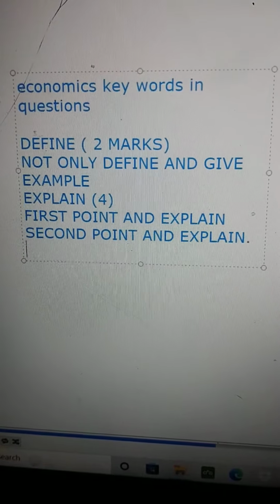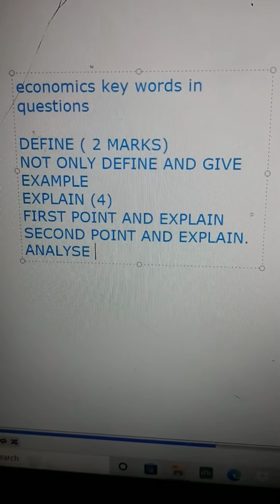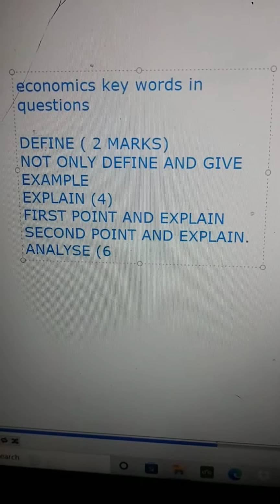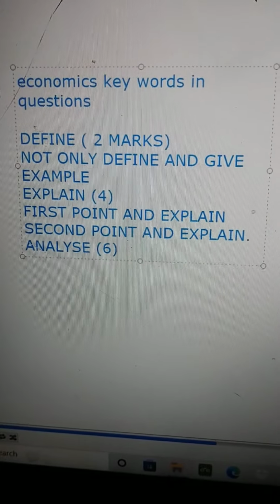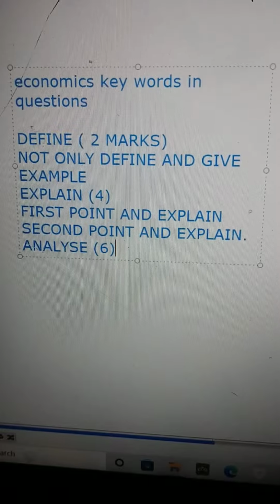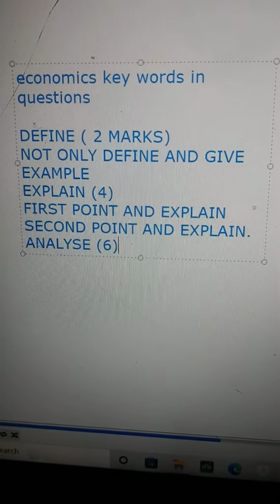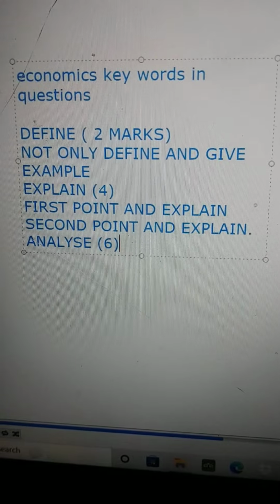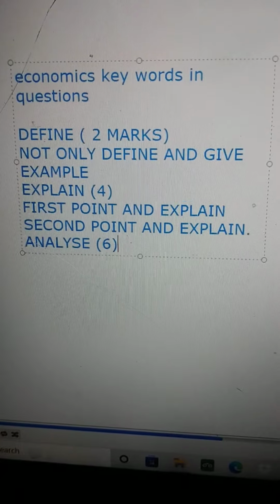The third one is the most tricky one. That is analyze. Analyze is 6 marks. If it is given in section A, in data response, it can be a 4-mark question. But in section B, where the structured questions are given, this is going to be 6 marks. So what we are going to see in an analyze question,